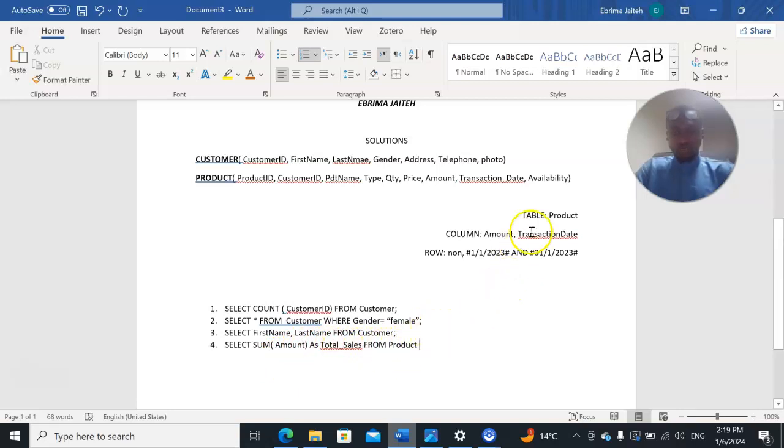No, there's another condition here. The date must be within January, that is 1st of January to 31st of January. So we say where. WHERE is also an SQL command, that's why I capitalize it. Where is a condition. Whenever where comes, it means you are bringing a condition. The date must be from 1st of January to 31st of January. So where transaction